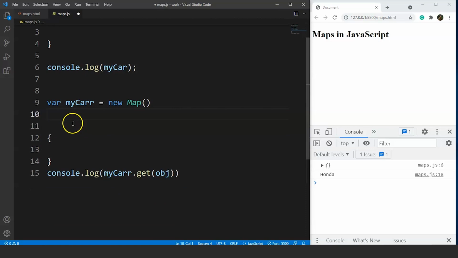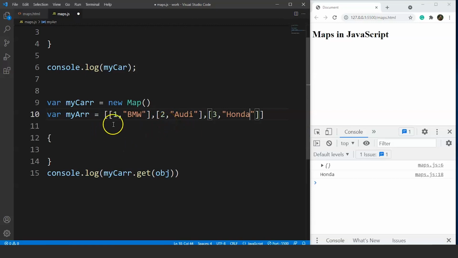We'll write here where myArr is equals to, we'll write an array over here. We'll write here 1 comma BMW. Then we'll write here 2 comma Audi, and finally we have 3 comma Honda, let's say. So this is our array. This is our key value pairs. 1 is the key, BMW is the value, 2 is the key, Audi is the value.